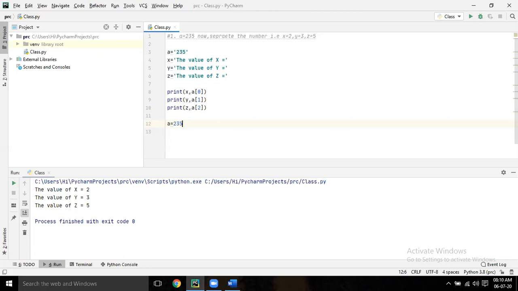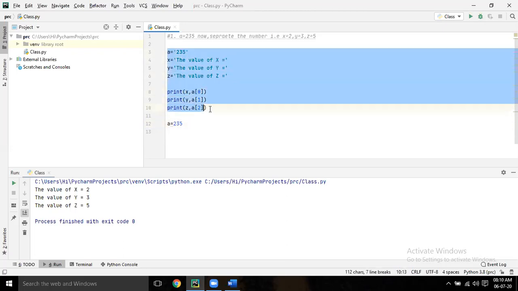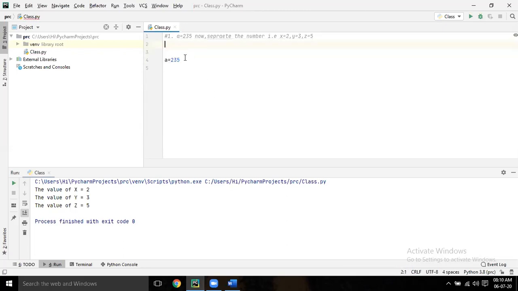What is your logic? For this, we have to print the digits 2, 3, 5 separated, with a comma, then a semicolon. Okay, remove your code, Shravan, the old code. Remove everything. Now enter.